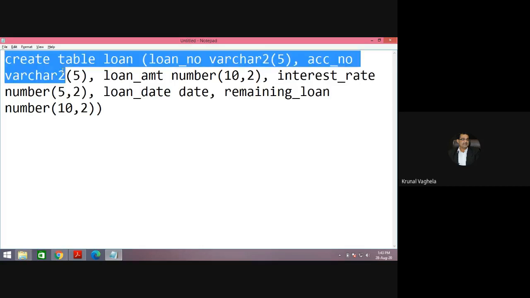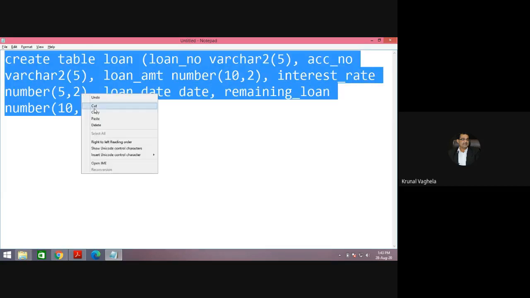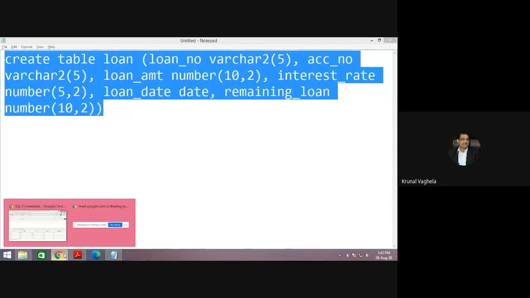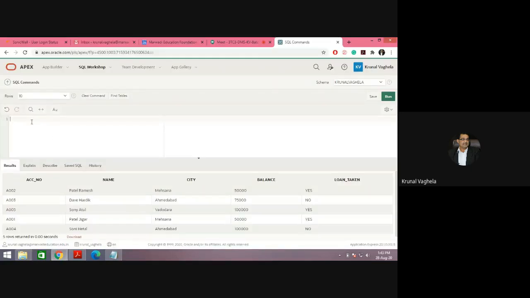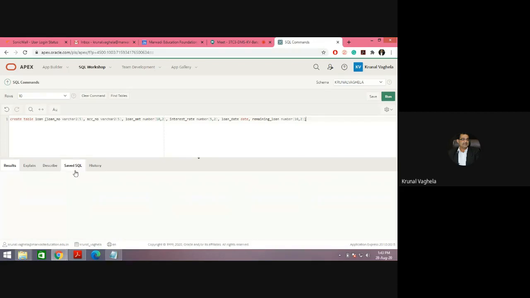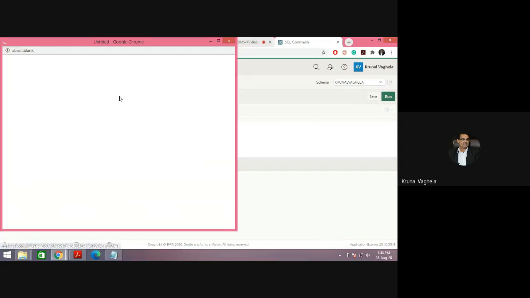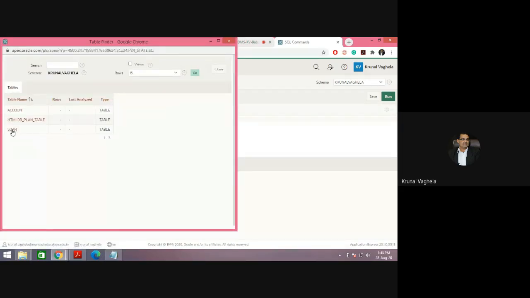So let me copy this, Control C, Control V, run. Table created. I already told you from where to see whether the table is created or not. You can go to find tables.